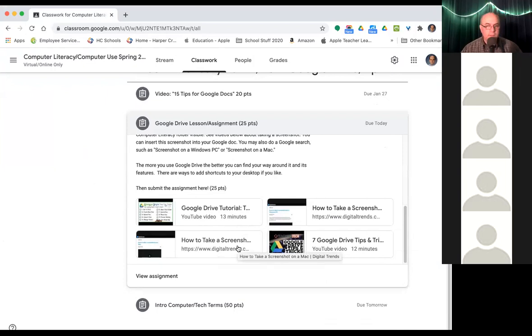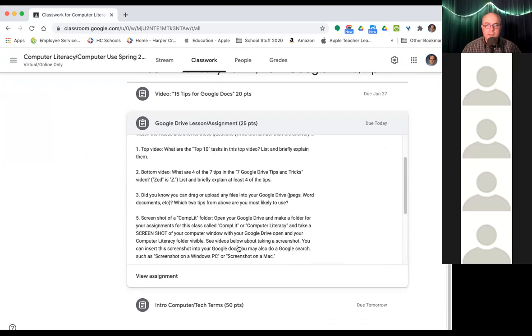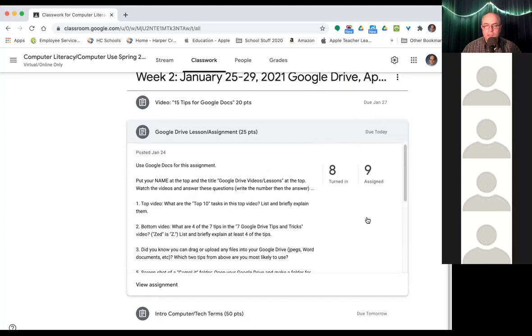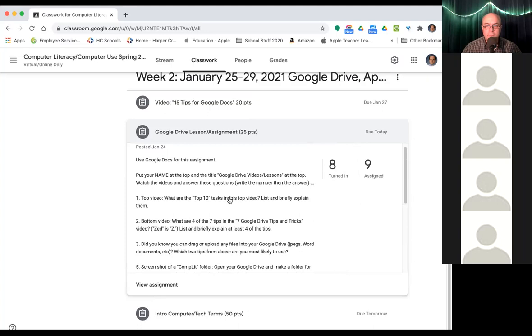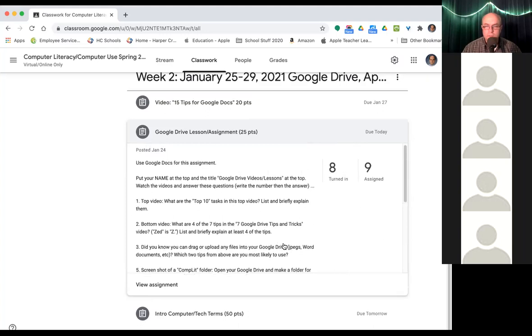Now, if you want to look up another way you do a screenshot, that's okay. But as part of this assignment, I do want you to do a screenshot. Now, this one doesn't have a pre-made document you click on to do it. You have to open up your own Word document and then go through here,